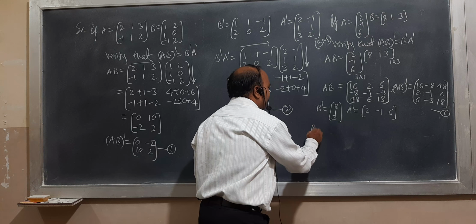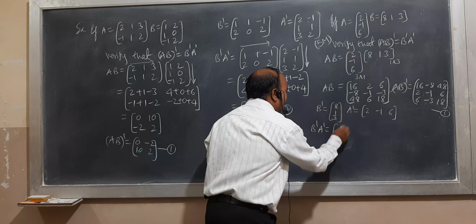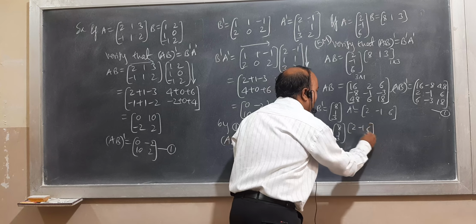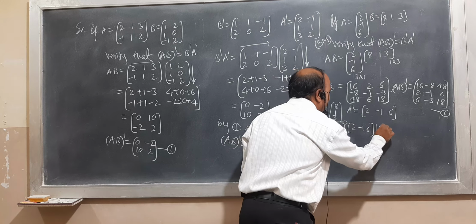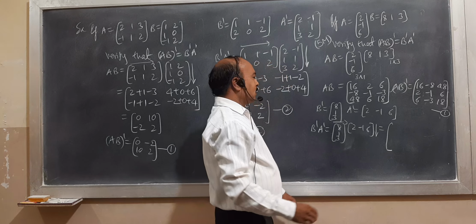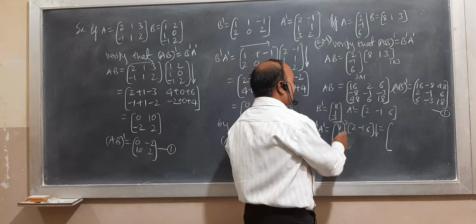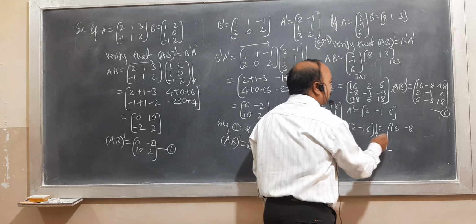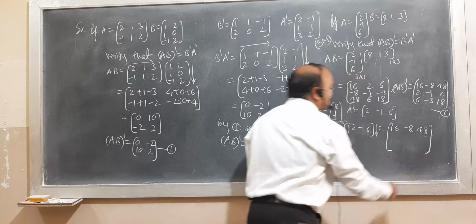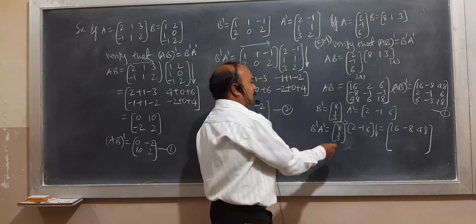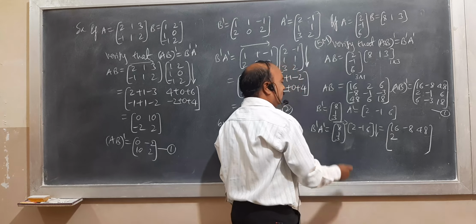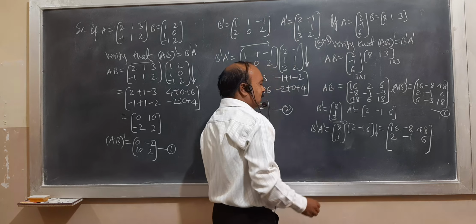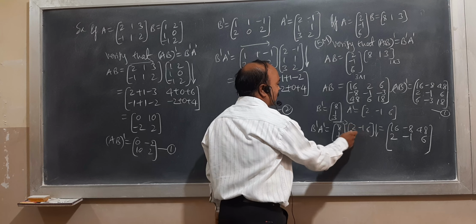Next you multiply B' with A'. B' is [8; 1; 3], A' is [2 -1 6]. Again you start row with column multiplication. First you multiply 8 by all this. 8 2s are 16. 8 into minus 1 minus 8. 8 into 6 is 48. Next you multiply 1 with 2, that is 2. 1 with minus 1, minus 1. 1 into 6 is 6. Next you multiply with 3 all the row columns. 3 into